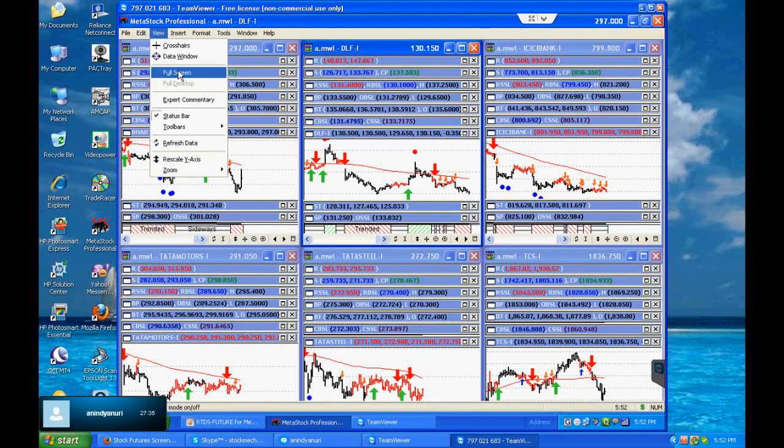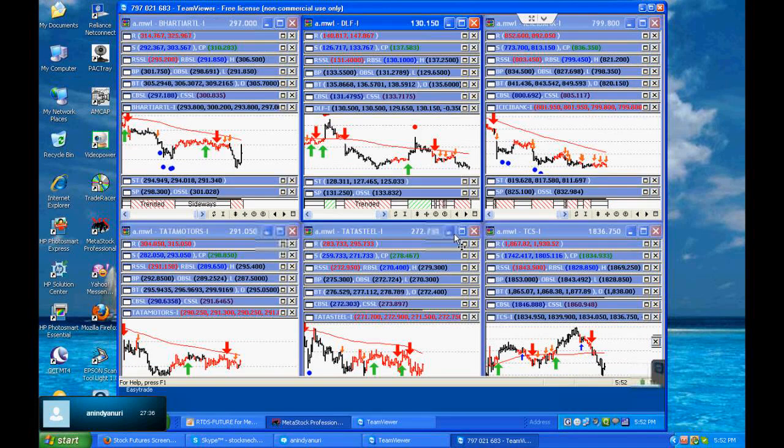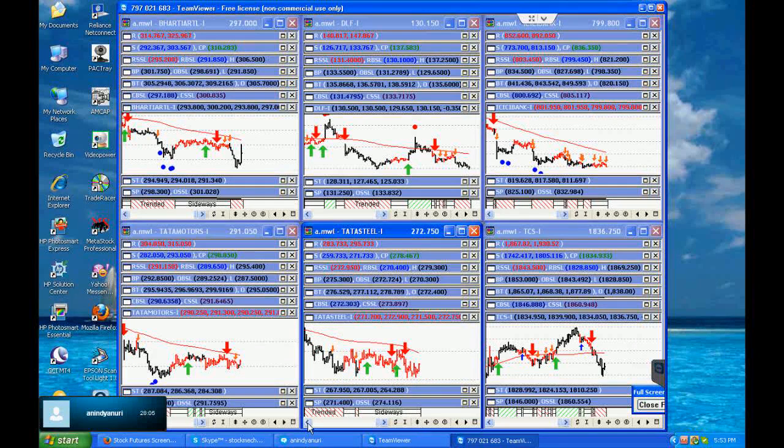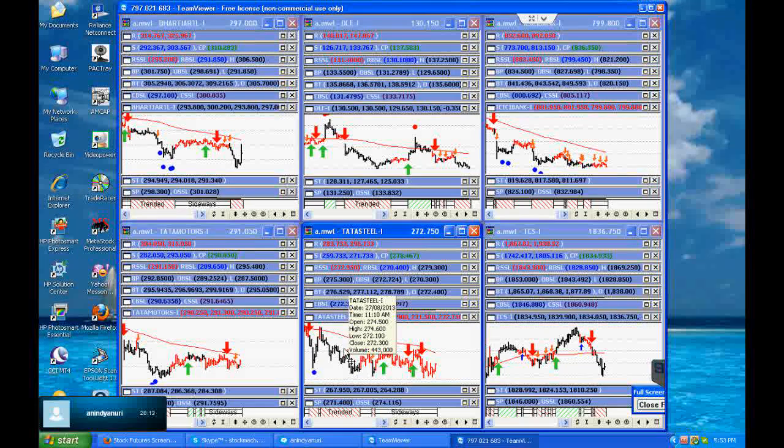Now if you see the Tata Steel chart today, after the morning market opened around 9:20, the price was about 272. So Tata Steel actually was very flat. Even if the signals came, or even if the signal ended at some point when it was a trended part, the signal message was sent on this particular bar at 11:10, and the sell was